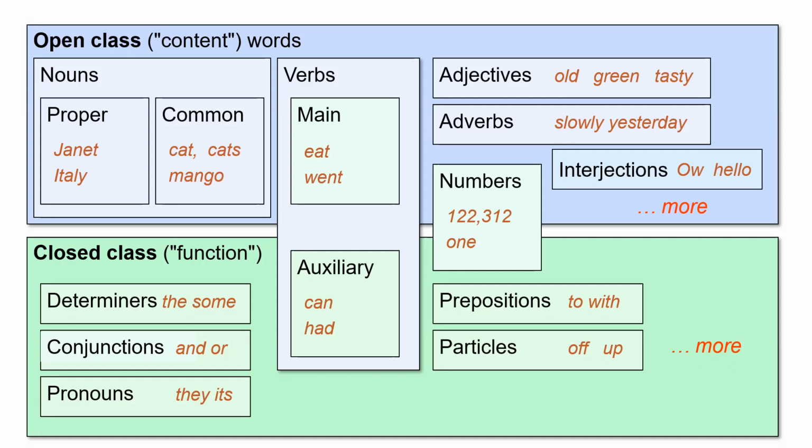Other closed classes or function words include pronouns, which act as a shorthand for referring to an entity or event, or conjunctions that join two phrases, clauses, or sentences, including coordinating conjunctions like and, or, and but, or subordinating conjunctions like that, in I thought that you might like some milk. In this sentence, that links the verb thought with the clause you might like some milk.